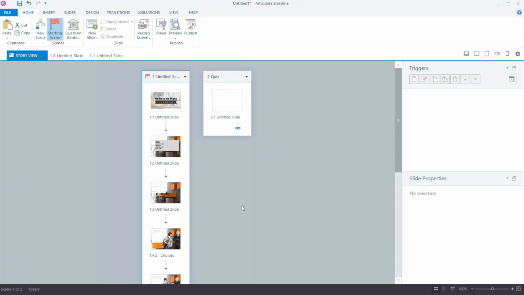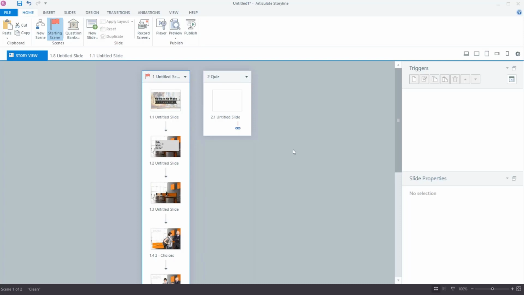Some people get hung up on the fact that this says scene 1 and this says scene 2, so they think they're going to run in that order. No, that's just the order you added them in. I'll sometimes have it start with scene 5, because the first scene I add will be my quiz, and then it'll be labeled scene 1. So don't get hung up on that. It's broken down into scenes and then slides, and the whole thing is under one single story.